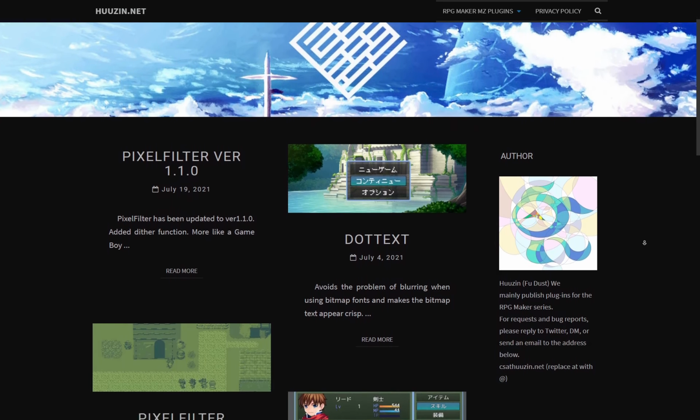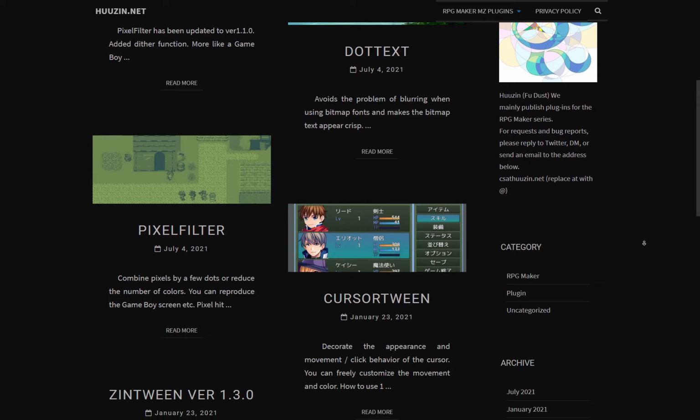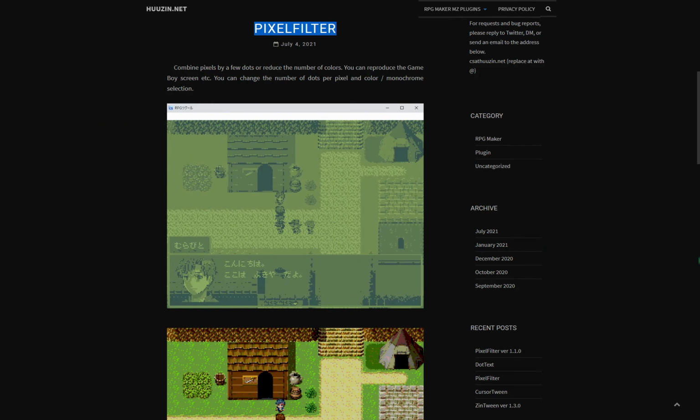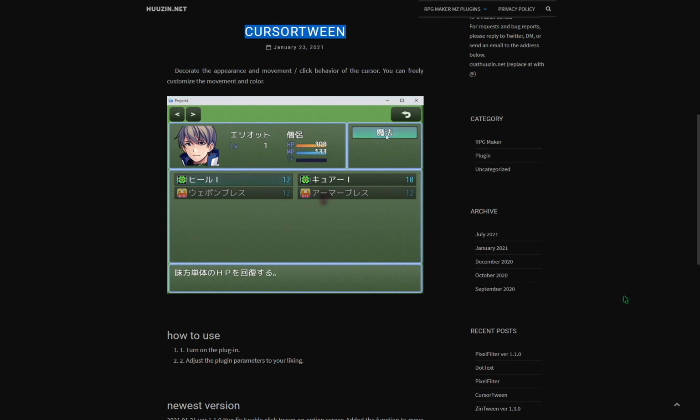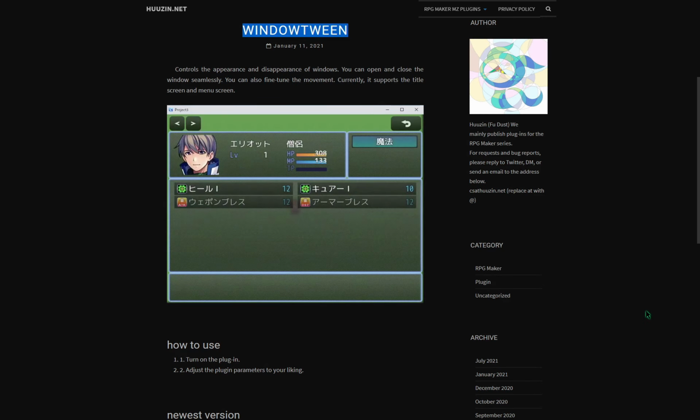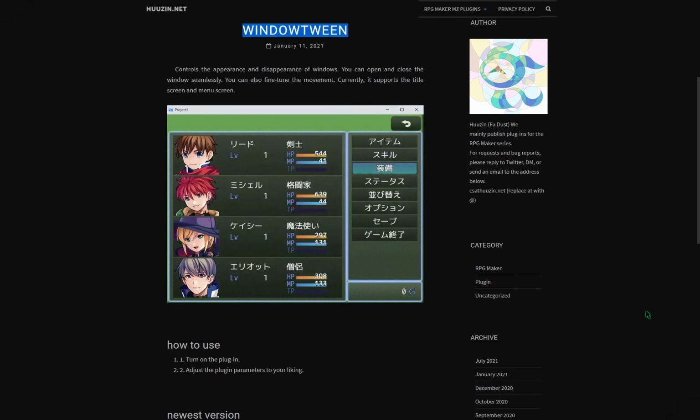Next, we have a series of MZ plugins by HUUZIN, a plugin that pixelates the screen and limits colors, a plugin that animates cursor movement between selections, a plugin that animates the opening and closing of windows and menus, a